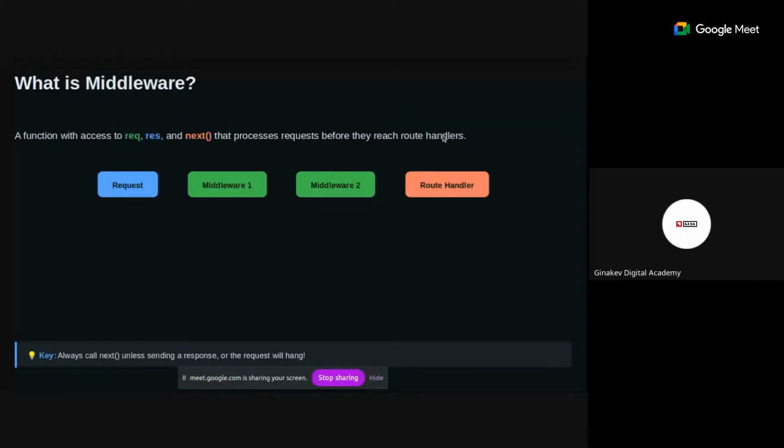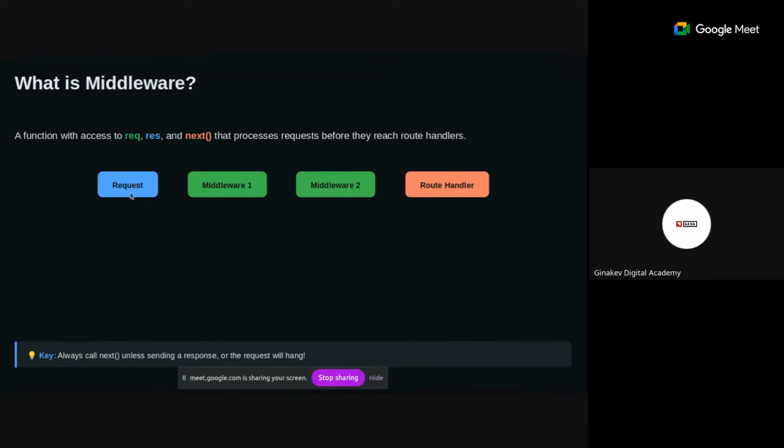So a middleware is just a function that we add to our request handlers, so that whenever someone sends a request to our application, each middleware that we've configured in our app will process that request at each stage